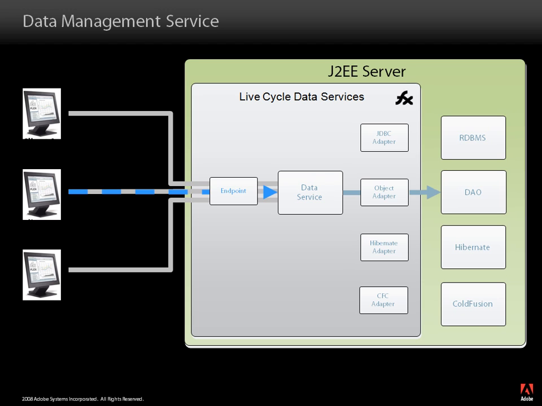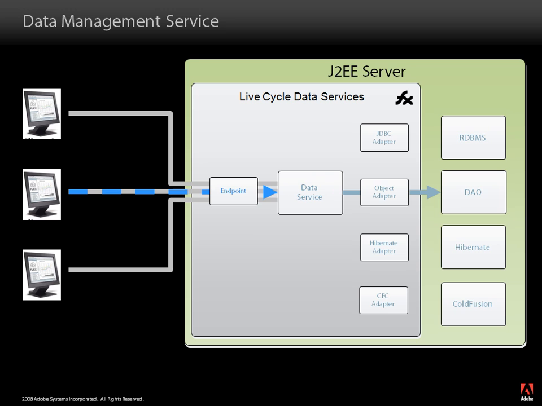So I can make a change that goes through the data service, goes through this assembler or adapter layer. Those adapters can be a number of different things. They can be just POJO objects. All these adapters are doing is saying, all right, I know that there are 4 operations that happen on my objects. They're the CRUD operations. I need to map those CRUD operations back to my actual business logic, or the logic that's actually talking to the database or the service layer, whatever. It needs to map those CRUD operations to the thing that's actually doing the